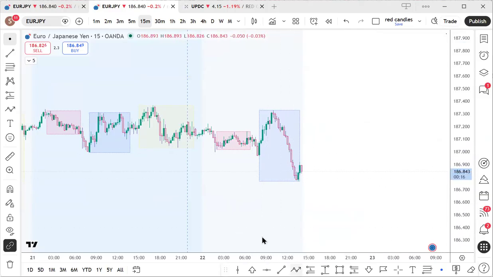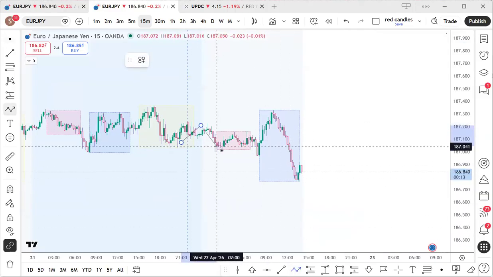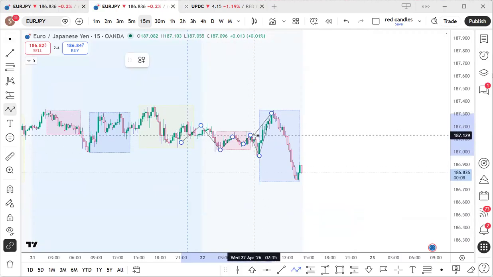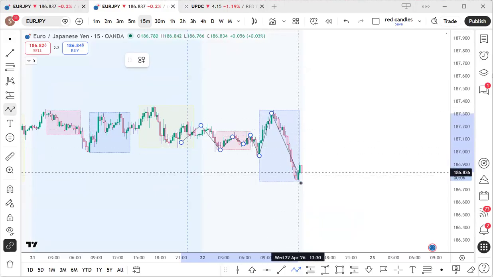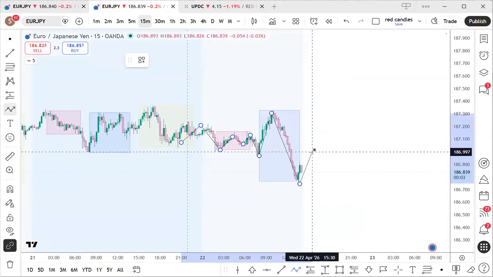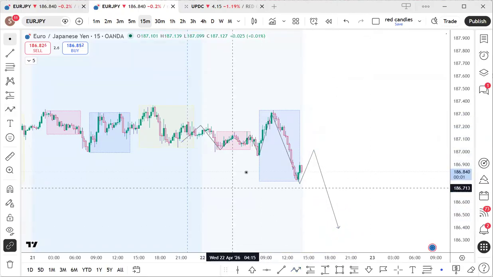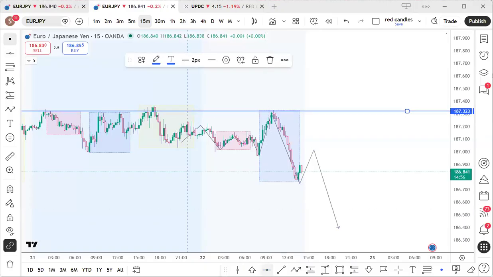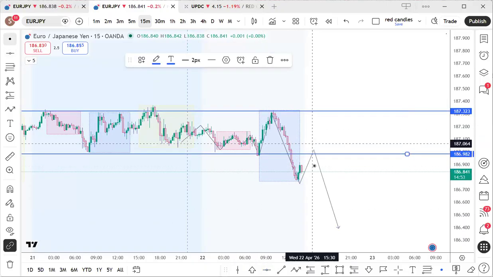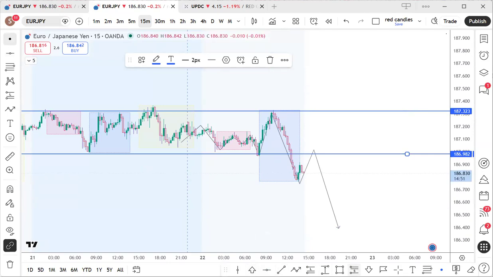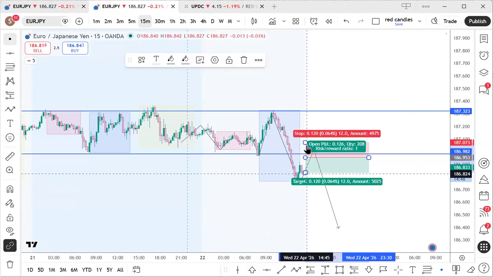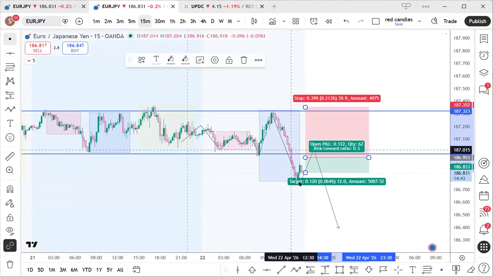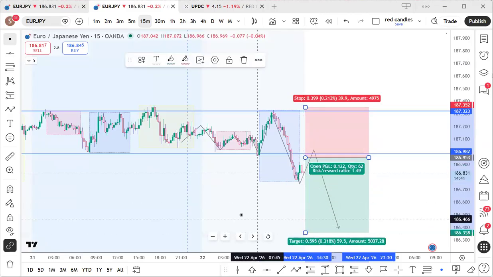So this one, what has it done? Essentially, it's moved sideways, broke structure to the top side with a break of structure there, but that was not sustained. It's come all the way down. So we expect a pullback potentially, and then to see price go further down. So on this pair, we're expecting further moves down. Let me put this one here. I put my stop loss somewhere up there, just above my line in the sand, and let's expect this to go down.